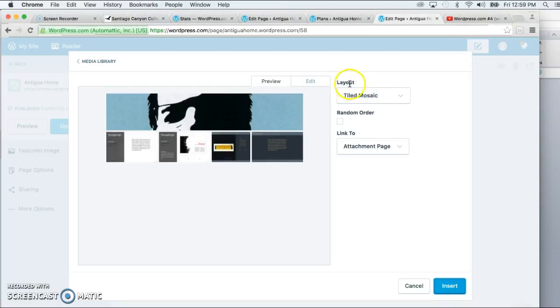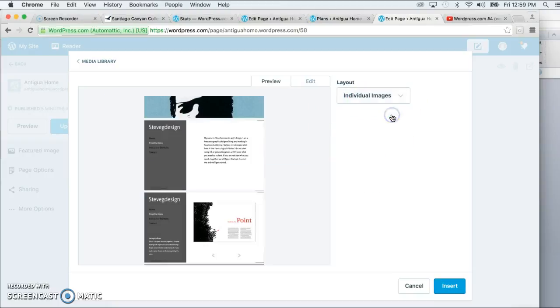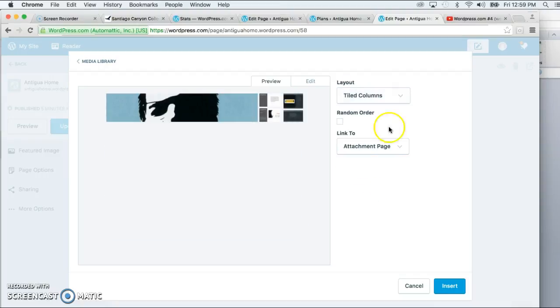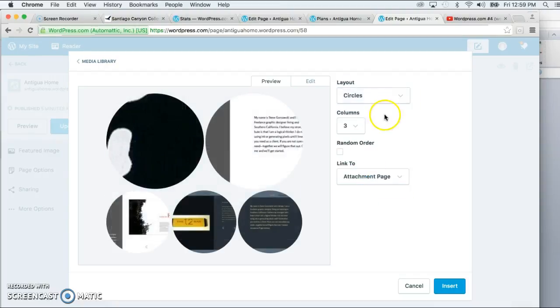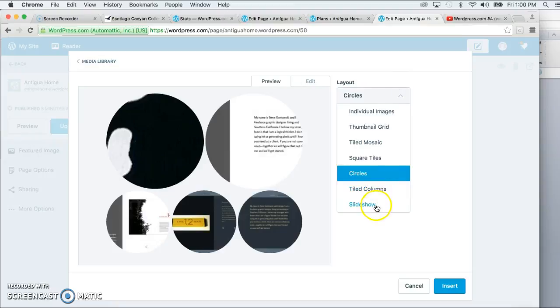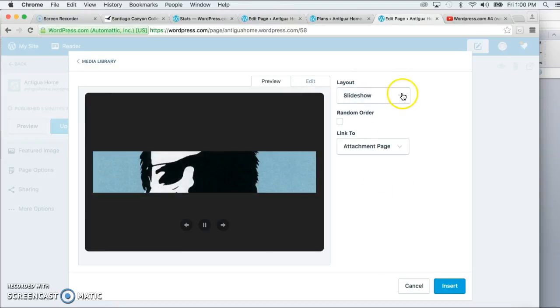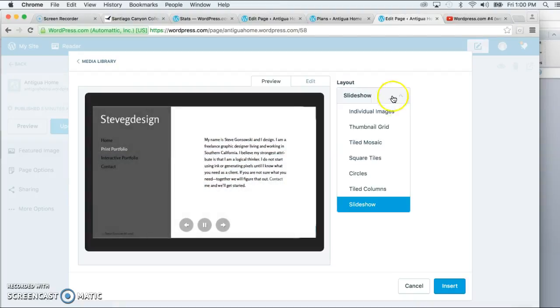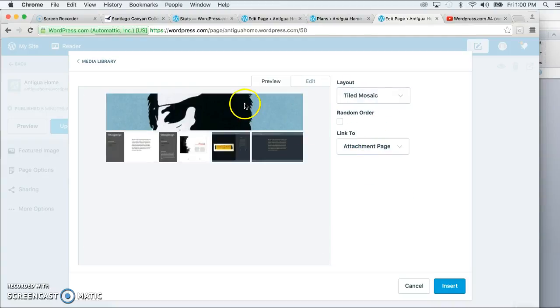and then you're going to set up the type of layout that you want, and you get to see a preview of it. So here's a tiled mosaic, you have individual images, square tiles, so on. You can experiment with these and see which makes the most sense to you. And then just a regular slideshow itself, where that would mean that it comes into the slideshow from the start. I'll just go with the tiled mosaic here, and then we'll click insert,